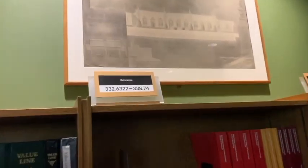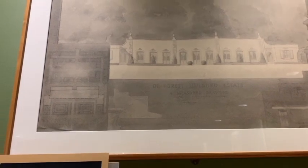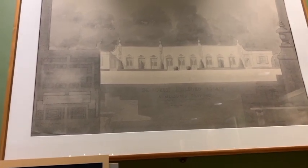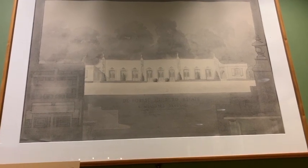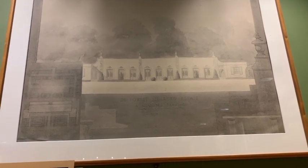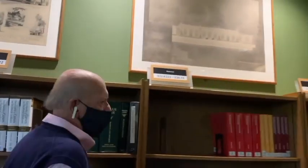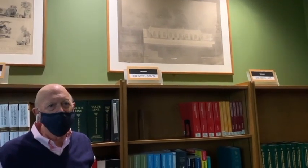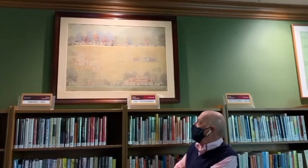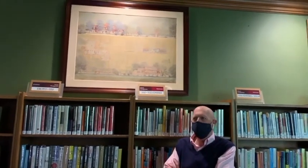Well, I don't want to change the stuff around. But there's also a plan for the garden there, done by Adler. And so this was very advanced and beginning of modern garden style. Slightly abstract, geometric, something that Adler would develop further in the 20s in some of his major houses. So this again is a Foundation for Architecture and Landscape Architecture